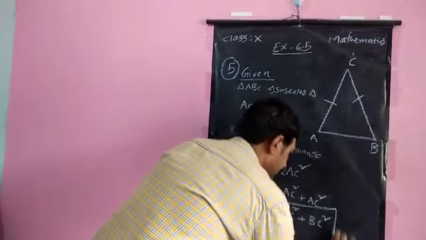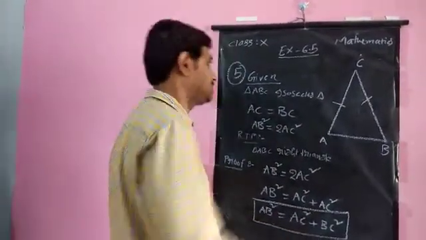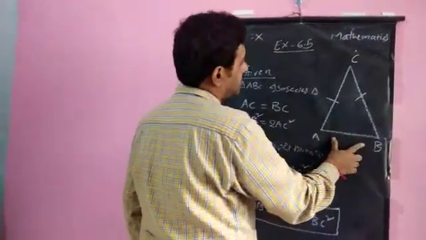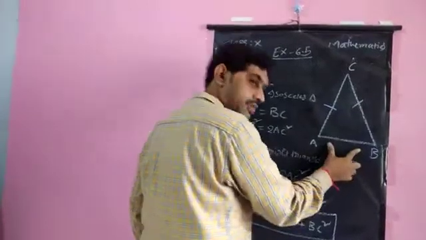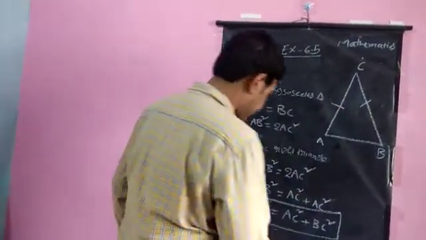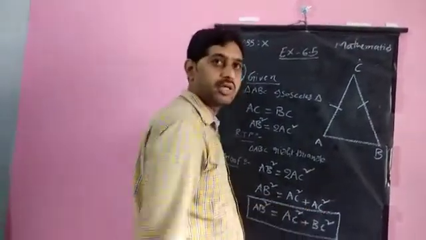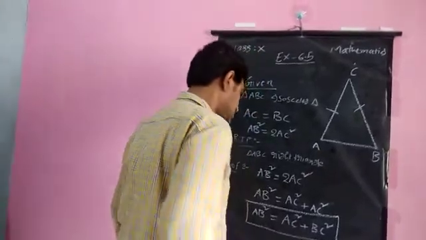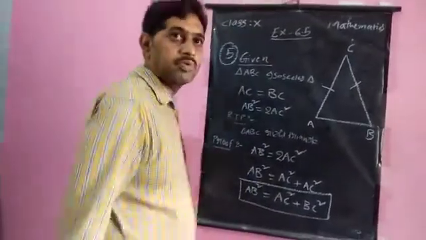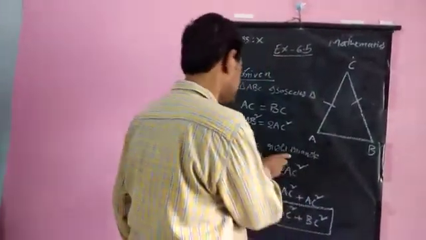Now, if you observe this expression, you see AB square equals AC square plus BC square. This is the triangle in which AB square equals AC square plus BC square. The square of one side equals the sum of the squares of the other two sides. The square of one side of the triangle ABC equals the sum of the squares of the other two sides. So I can apply the converse of Pythagoras theorem here. From the converse of Pythagoras theorem, I can say that the angle opposite to the first side is a right angle, so triangle ABC will become a right angle triangle, which is our RTP.